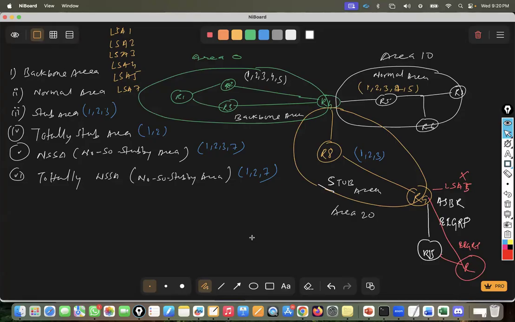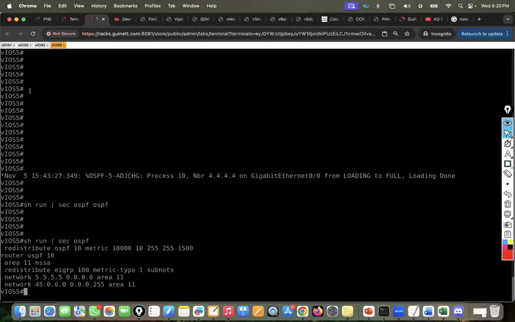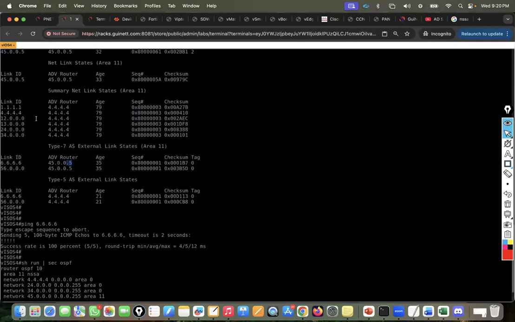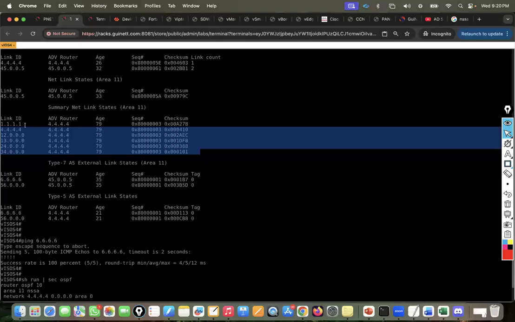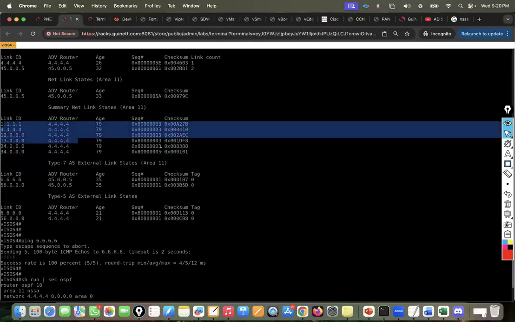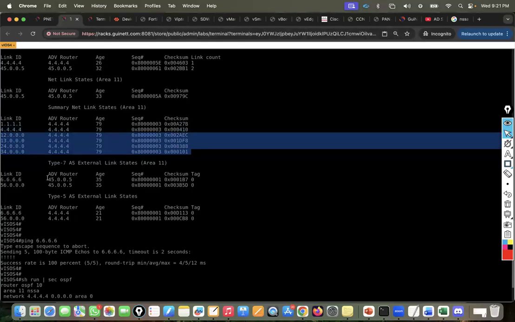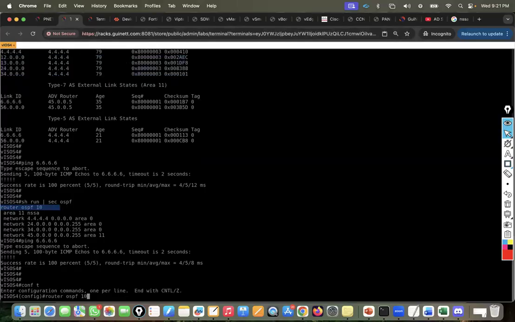Clear? Okay. But if I make the totally NSSA, we'll again get this replacement is going to be changed. Only this one. If I go for the R4, it will not find these routes on R4 because we will see only the summary route, default route only. Yes. So let me make it as NSSA. So I will go here and I will add the